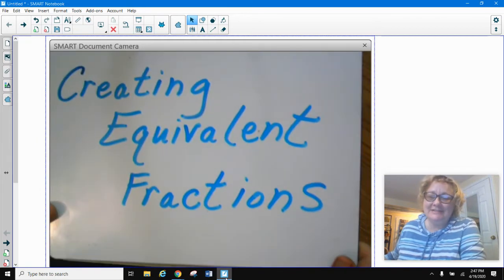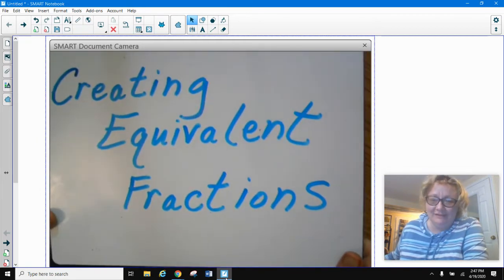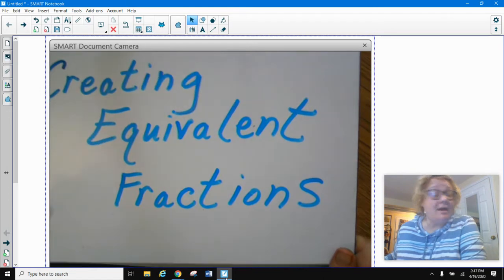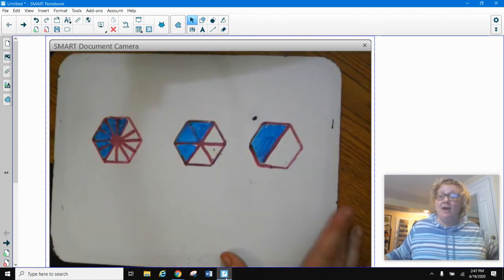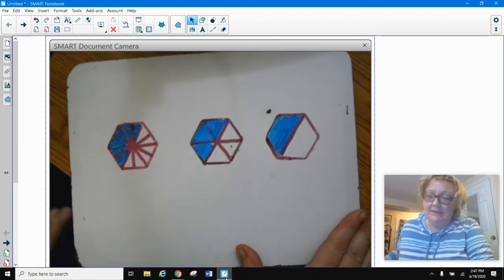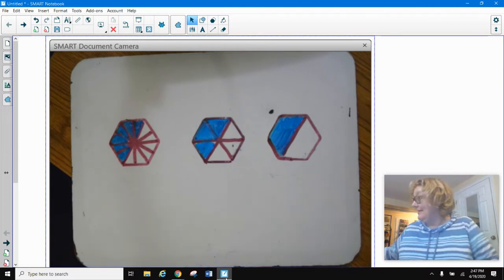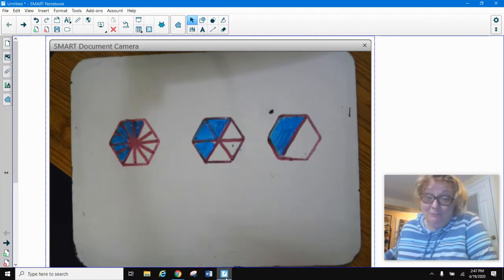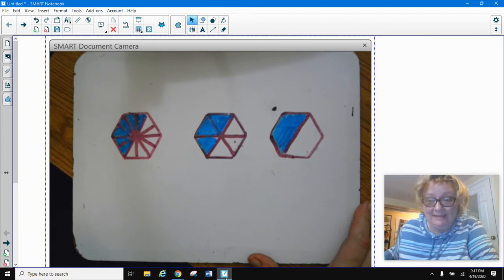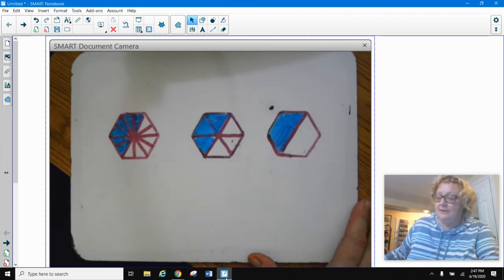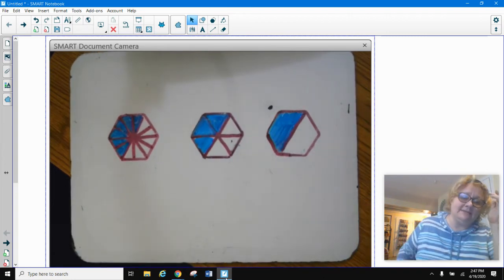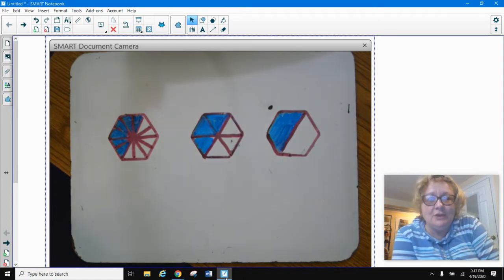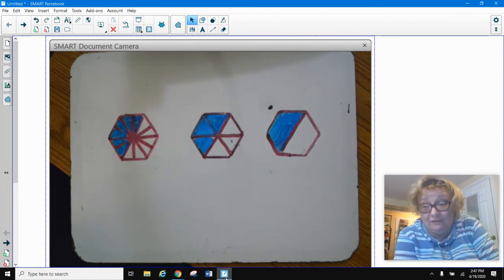What we're going to tackle today is creating equivalent fractions using a common denominator, but I thought we'd also use a visual model to help us, because if you're anything like me, my brain works better if I have a picture to help me understand. Okay, so the first thing we're going to talk about is what does it mean exactly to create an equivalent